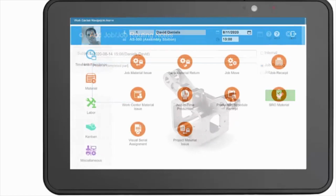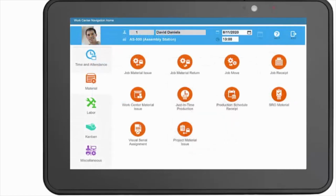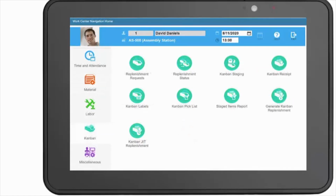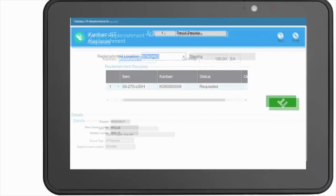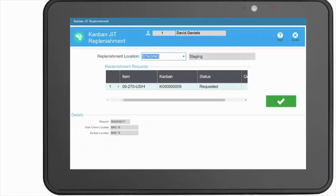Materials may be issued by the warehouse or scanned to jobs from the shop floor, increasing accuracy, particularly when lot and serial tracking. Factory Track shop floor manages your Kanban system electronically. Each Kanban is associated with an item, location, and replenishment cycle. When a Kanban is empty, you can create a replenishment request to be fulfilled from inventory, just-in-time production, purchase order,